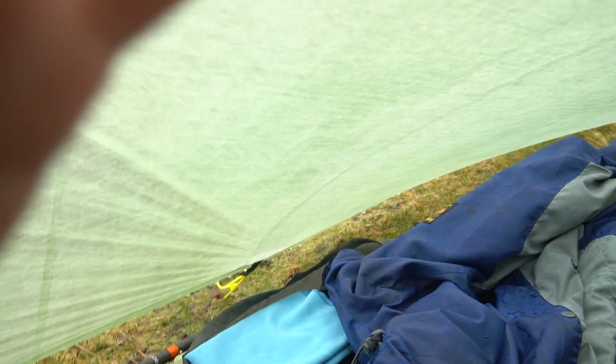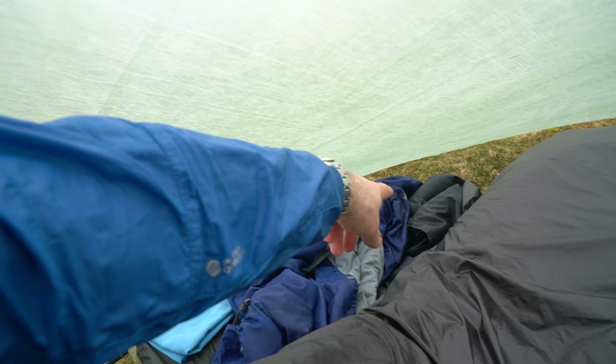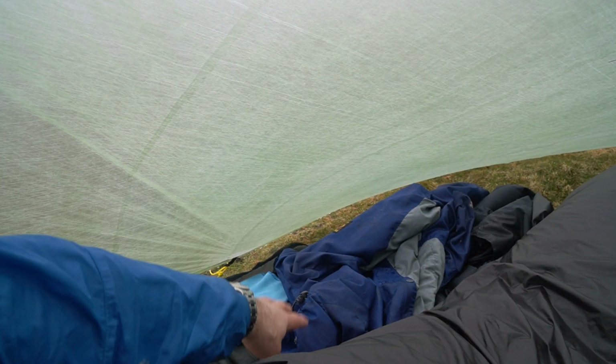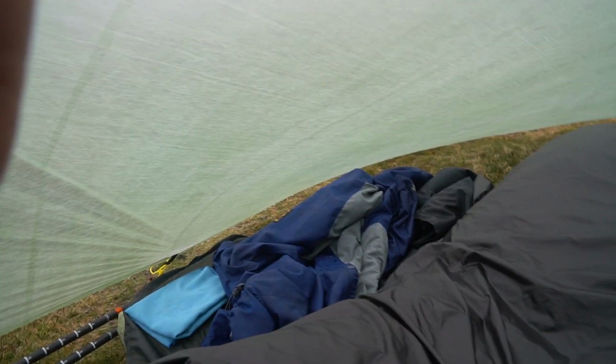So we got damp outside, unfortunately. Well, I mean, I didn't. I kept my important clothes dry. My waterproof coat and I wore my Paramo trousers. They're down there. Oh, wristwatch check. Waterproof trousers or Paramo trousers, which kind of are half waterproof, and Paramo jacket. Got wet when I was outside,